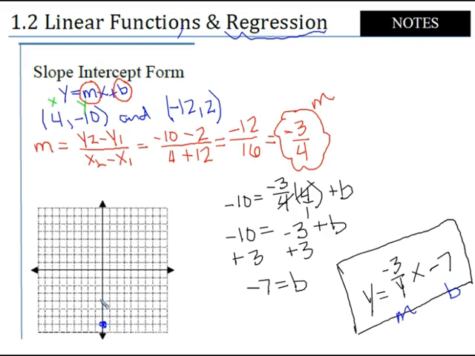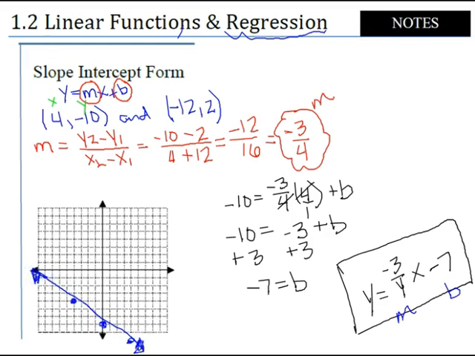1, 2, 3, and then left 4. 1, 2, 3, 4. So somewhere right there. Notice if we were to kind of guess, if we went down 3, right 4, we'd be somewhere over here, and our line would still continue on the correct path. Alright, so a quick review of